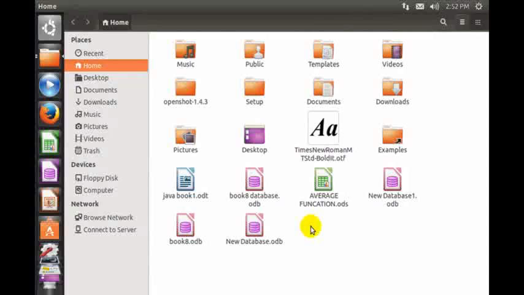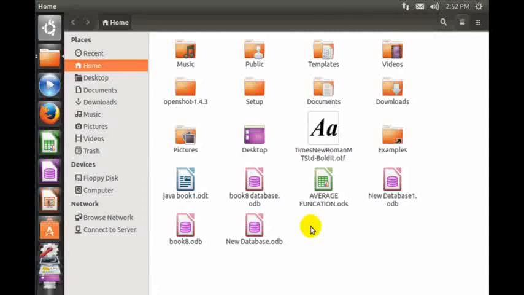Let me tell you about the Home folder. The Home folder is used to store personal files. The Home folder is created when your user account is created. When you open this folder, you will find a collection of several folders, including desktop, documents, downloads, music, pictures, videos, and trash. These folders are created automatically during the installation process. You can add more files and folders in them as desired. Students, do you know folders are also called directories?